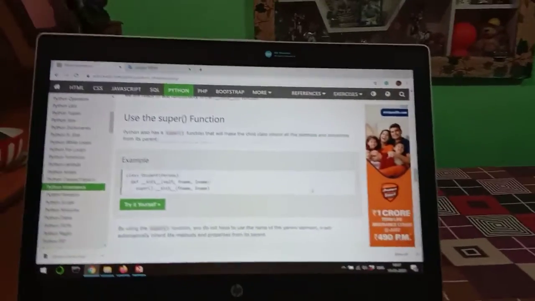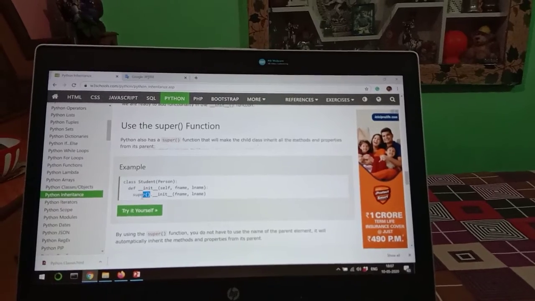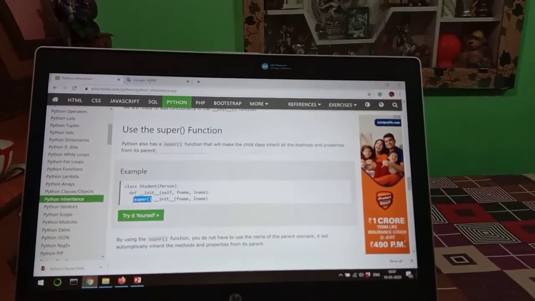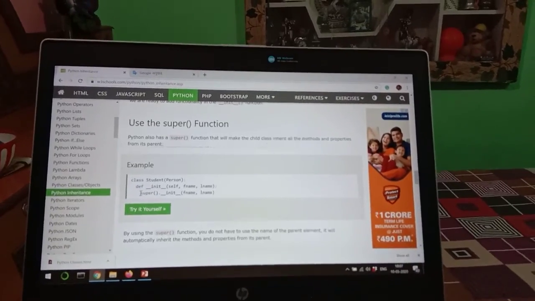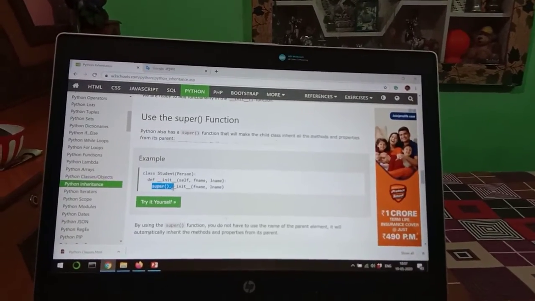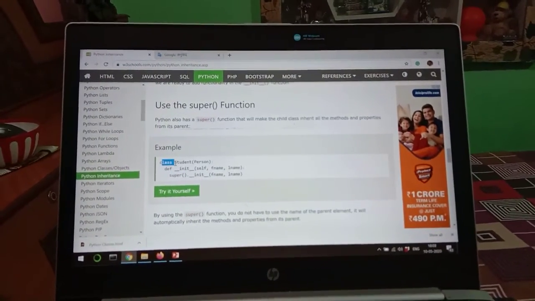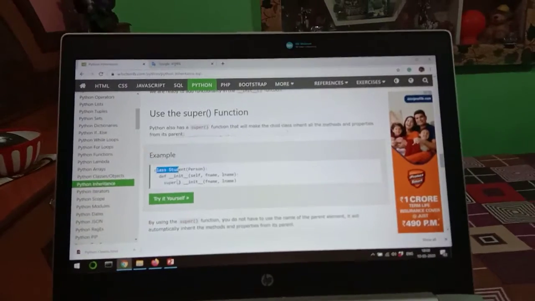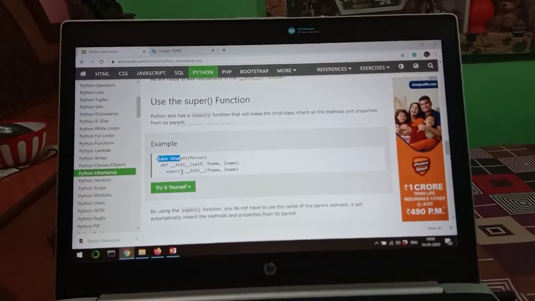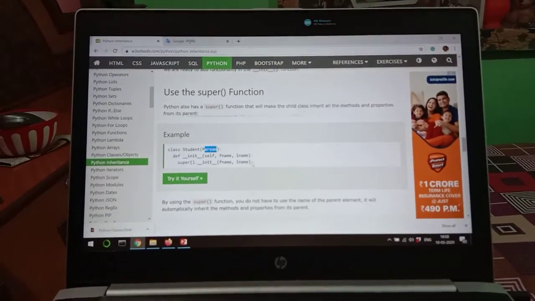So in this case, instead of mentioning the name of the parent class, we can also mention the super function. By writing it this way, the child class with the name Student will also inherit the properties of its parent class, that is Person.